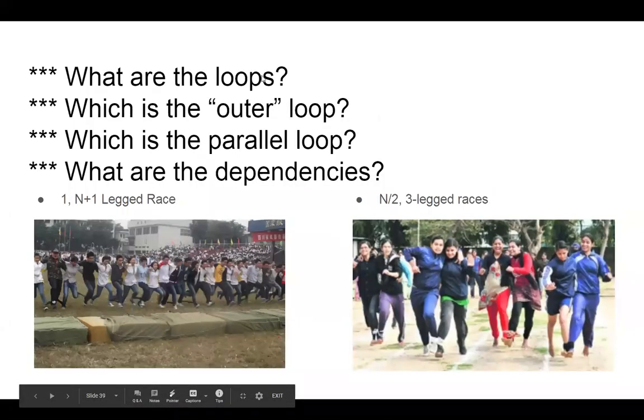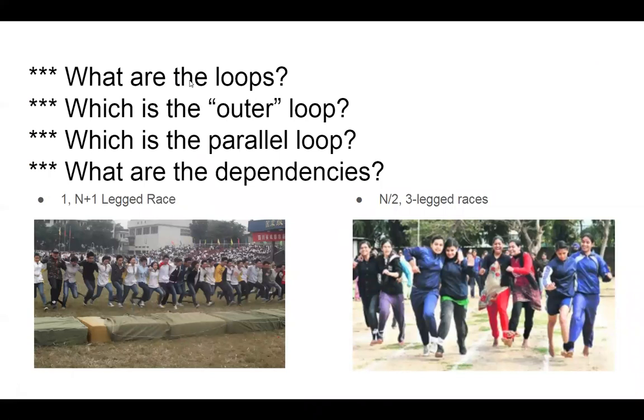this. So what are the loops? And I'd like everyone to pause in between each one of these and answer them. So what are the loops? Okay, and we're back. So the 2 loops are, one is for the steps and one is for the participants, right? That's the amount of work that has to happen. All these participants need to take all the steps required to finish each race,